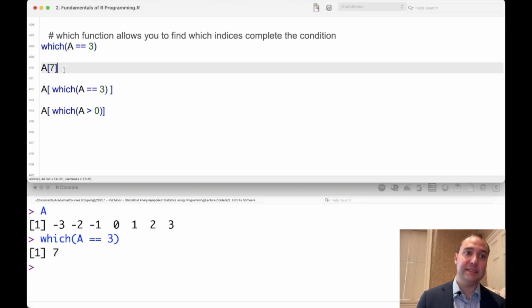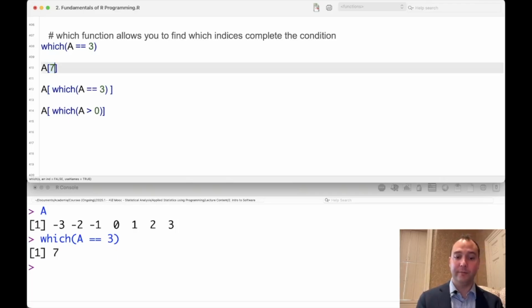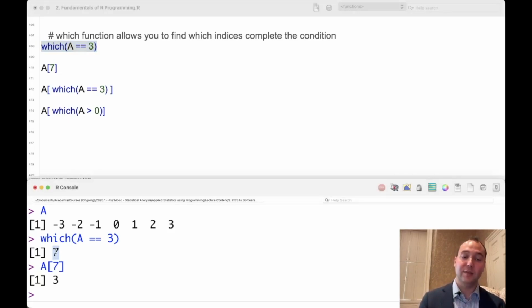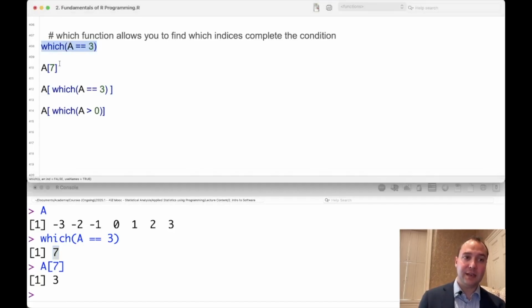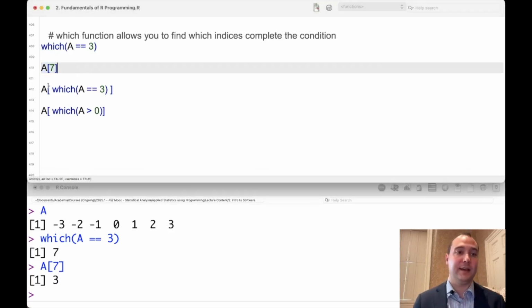How about this one, A7? Well, this means I'm inputting the index. Anytime we use a square bracket, we're using an index to get the value. In other words, this which code is saying I'm inputting a value and the output is going to be the index. In my second code here, I'm inputting the index and the output is the value. Okay, so every value has an index, every index has a value. All right, so